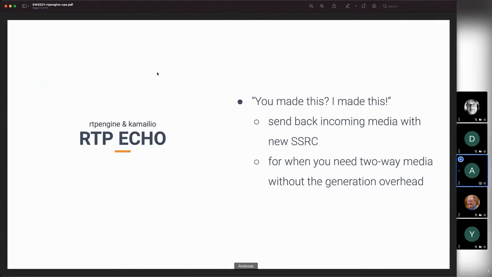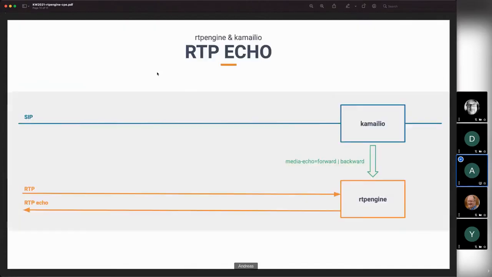on a called party, there's just no need to generate again a new media stream, right? We can just take what we have and just echo it back to the other party with a new SSRC in order to set up a new media stream. Right, and that actually, as I said, allows you to do the two-way media without the generation overhead. The way it works